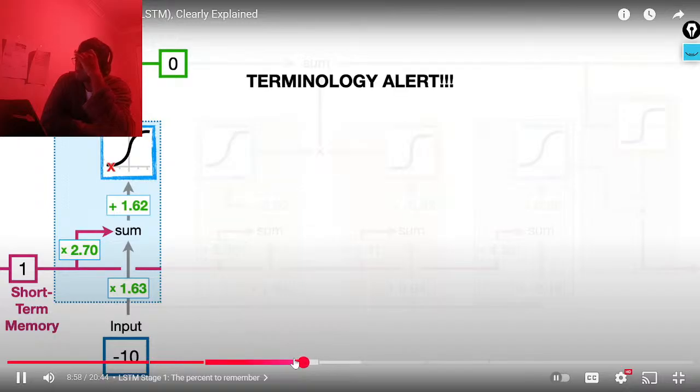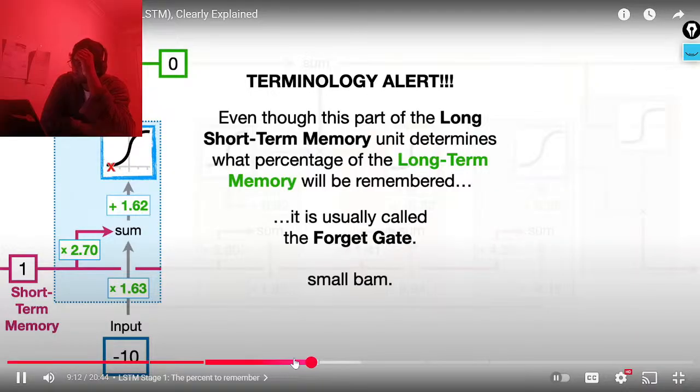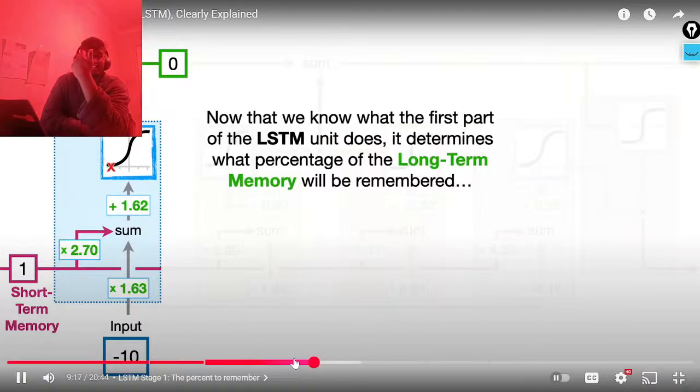Bam! Oh no, it's the dreaded terminology alert. Even though this part of the long short-term memory unit determines what percentage of the long-term memory will be remembered, it is usually called the forget gate. Small bam. Now that we know what the first part of the LSTM unit does, it determines what percentage of